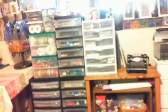And then on top, I guess if you can see it, let's see here. Of course, I got a squeaky chair. On top here is just items I have made,